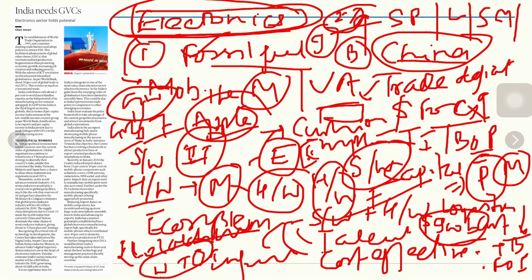Geopolitical worries in the sense that after Corona, many countries have realized that we require a China plus one strategy, because countries thought that they should not have dependence on China for their production. You must have known that during the Corona period or just after Corona, the prices of electronics, chips and semiconductors grew multifold. So that also creates a tension. So the geopolitical aspect is also one of the things that India should consider, and start building its own capability of the value chains.